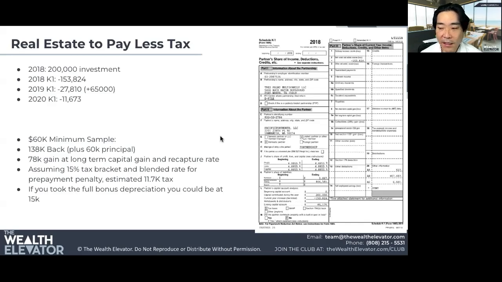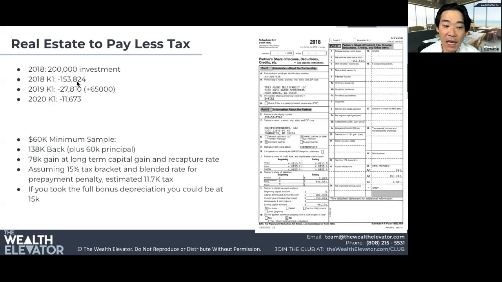But again, a lot of this is playing this game of time value of money, right? If I can get a $153,000 loss today, obviously offset all the passive income I made from this particular investment, maybe I can offset another capital gain from another deal that I'm in globally in my portfolio. This $153,000 loss at the 45 to 50 cents on the dollar, especially if you live in California, because it's actually another layer of taxes there, you might be able to translate this into $75,000 cash in your pocket at the end of the tax year.